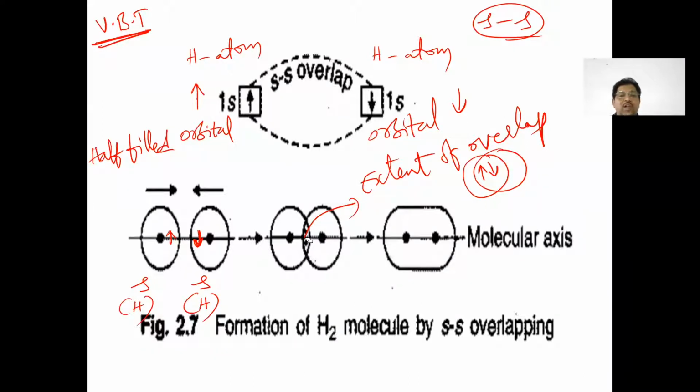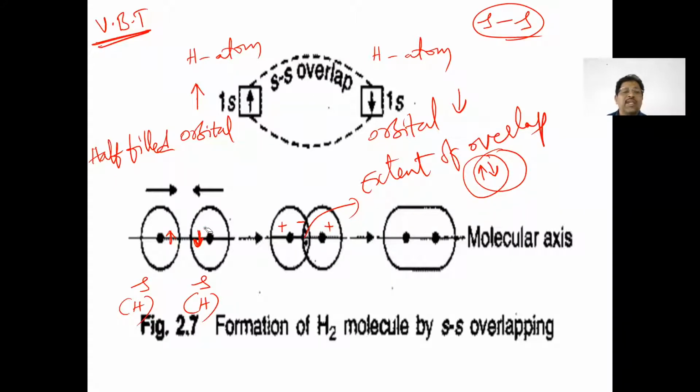Is that clear? The nucleus has a positive charge and the electrons have a negative charge. Between the positively charged nuclei and the negatively charged electrons, there will be Coulombic, electrostatic attractive forces. These attractive forces will form a chemical bond between the two nuclei. These two atoms are held together by a chemical bond.